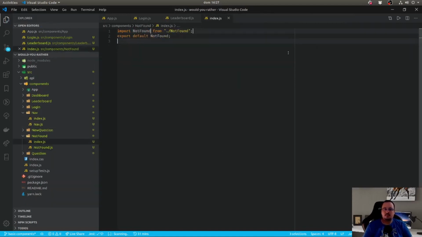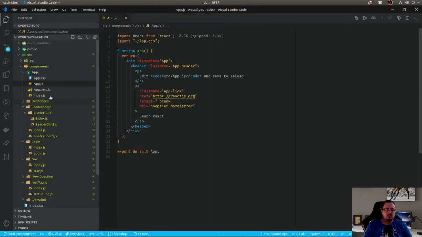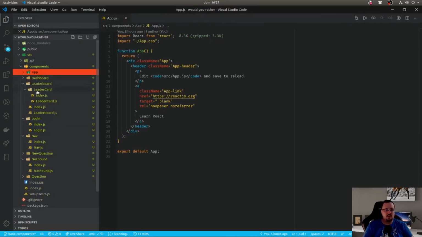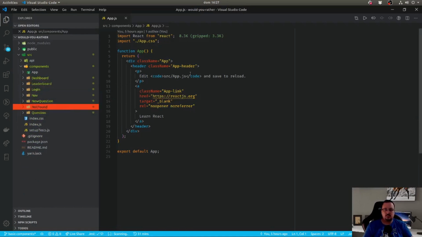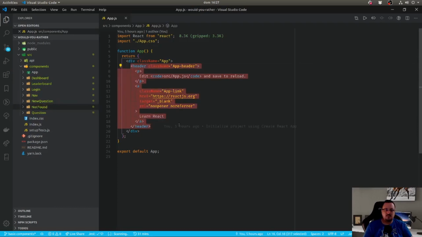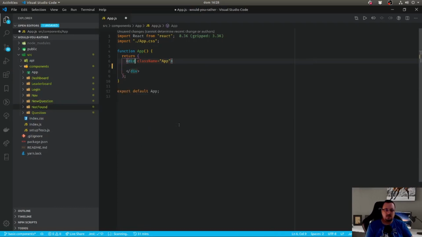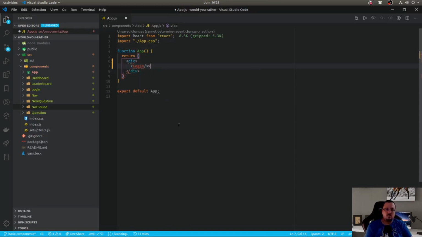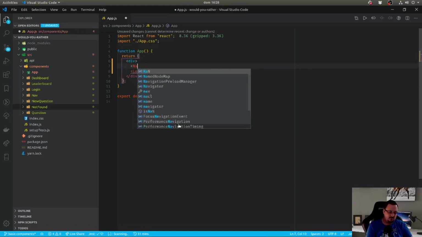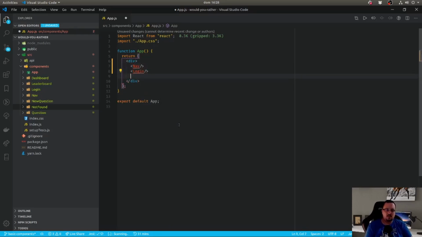Okay, so now that we have all these files and these things, what we need to do is, okay, just begin to remove everything from this file, and just begin to load components. So okay, the first one would be login, or nav also, that would be login, the dashboard,